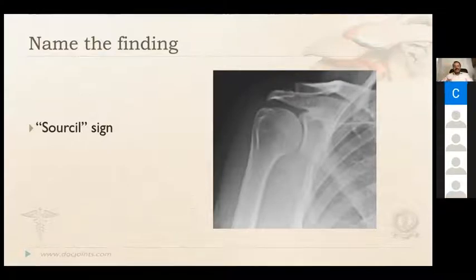So if there is an impingement, you know that the deltoid is stronger than the supraspinatus. That's it. So the strength difference or the imbalance is the reason for the impingement. So you have to correct the strength of the supraspinatus. If you are able to rehabilitate or strengthen the supraspinatus, then the impingement can be reduced.